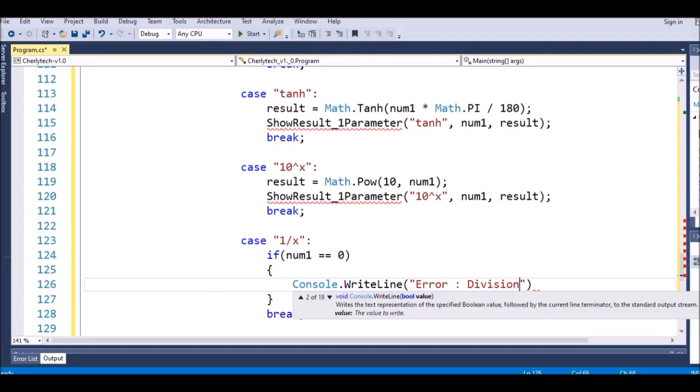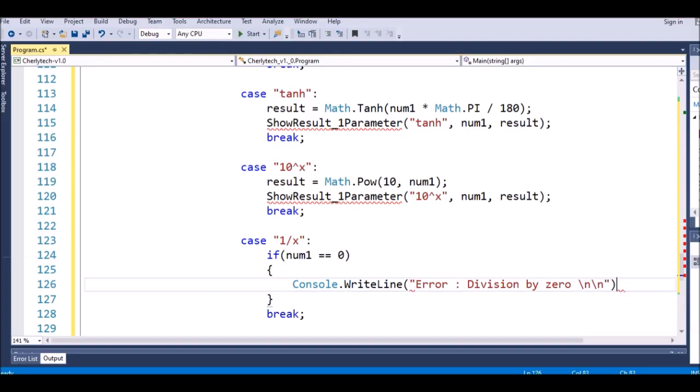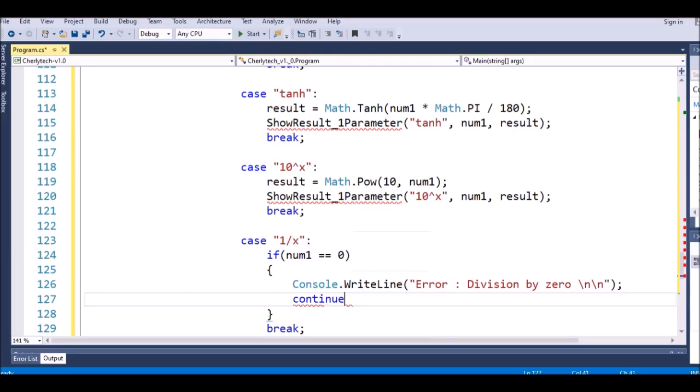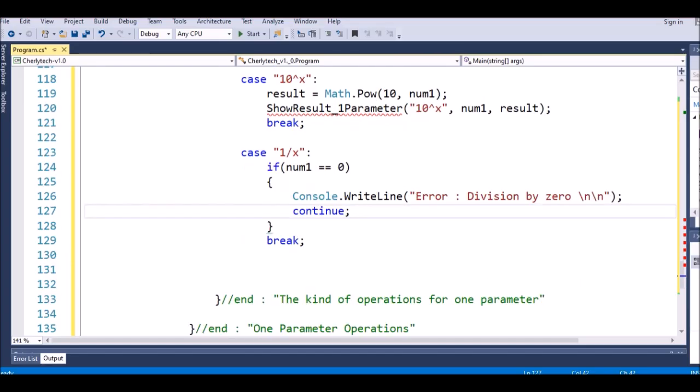And then we enter new line, and then we say continue to the program continue, but else